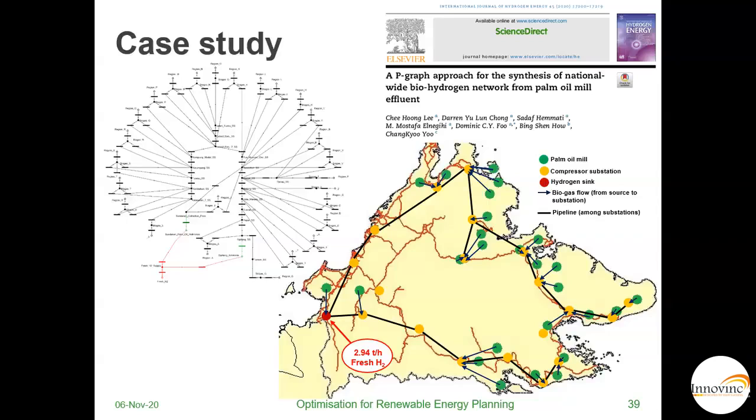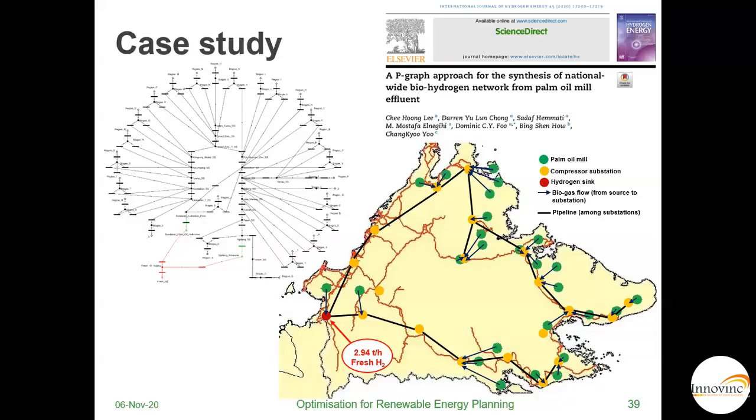Okay, for instance, if you want to send it to refineries or methanol plants, these are processes that will consume hydrogen. However, channeling it from different parts of a state is not as simple. We need to plan ahead in order to have the pipeline channeling the biohydrogen. So one of the good tools to use is pGraph, where it can help you to track which location is best to put a substation and where the biohydrogen can be